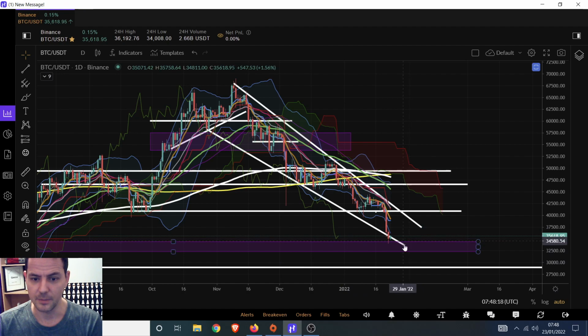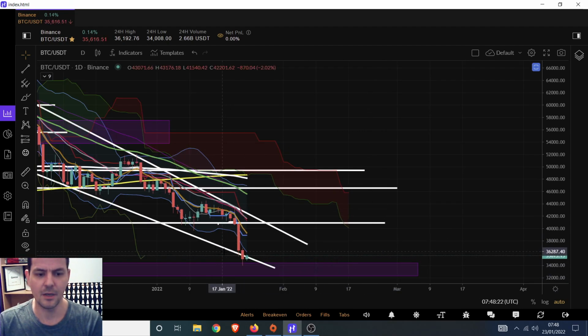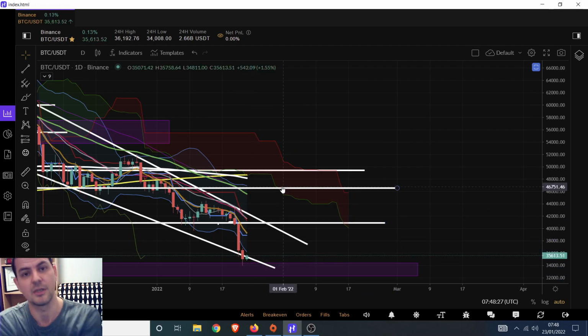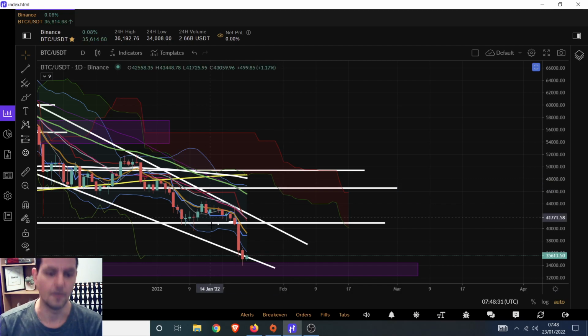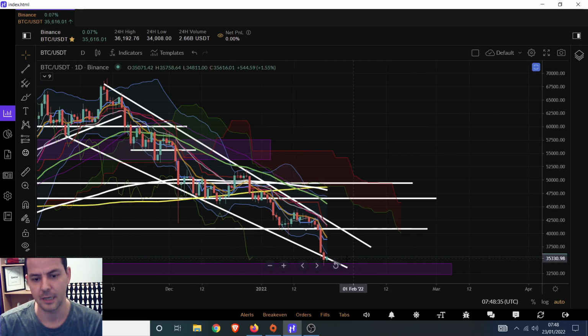And so we've got the CME gap filled, and a lot of the time these prophesized events would be filled, and then you'd get a nice reaction from it because everybody's looking for that area. Fill the CME gap, let's bounce from it. So there we go, dipped our toes into it. I mean, you don't have to fill the entire gap from the top to the bottom, you just need to touch it, tag it, there you go, it's done. And so that's another reason for a short-term bounce, right? So there are three things that could offer short-term upside.